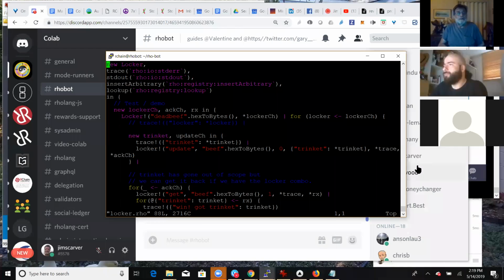Okay, we're looking over some of the basic contracts that are part of the robot suite for the community, the robot on Discord with the R node standalone currently running on robot.net, which is a machine we manage cooperatively, which is an Ubuntu 18.04 system. And I'm in the Vim editor here,